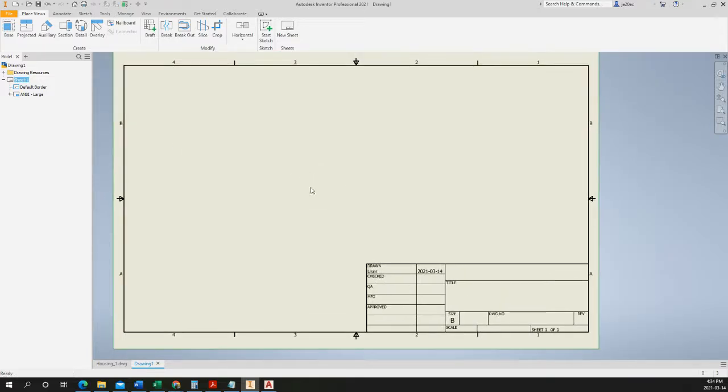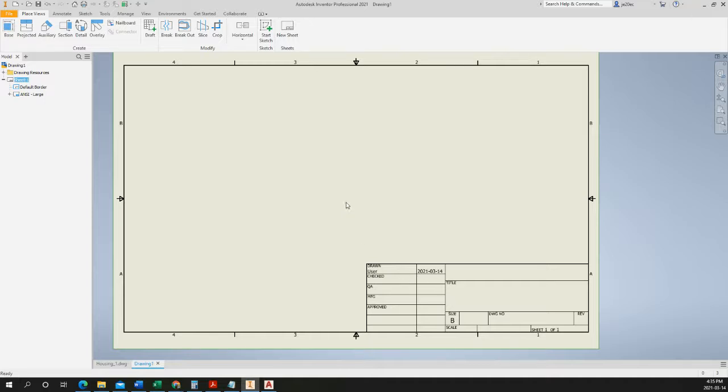You'll see now that the sheet size is smaller. You can tell because the title block relative to the rest of the piece of paper at this point has become a lot bigger. So we know we got the B size sheet. It's also shown here. Okay, so the next step would be to bring a 3D model into our sheet of